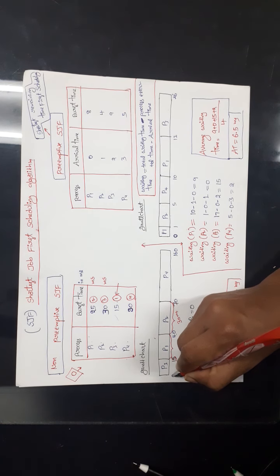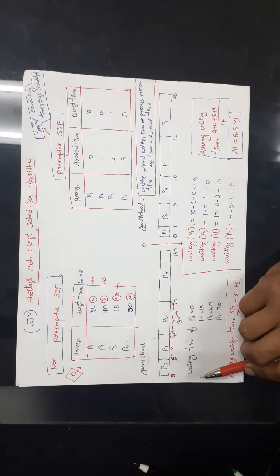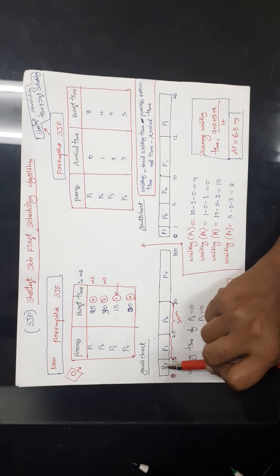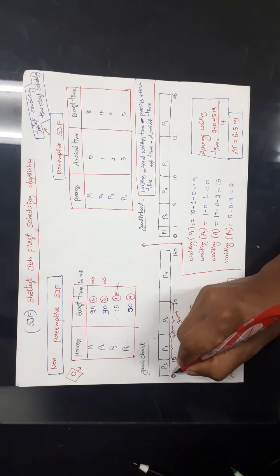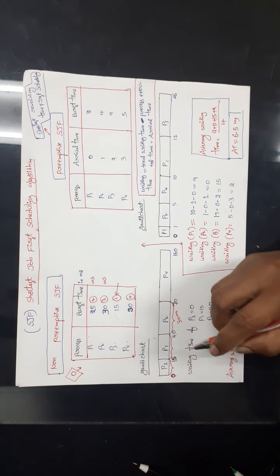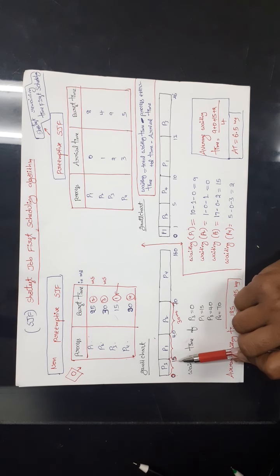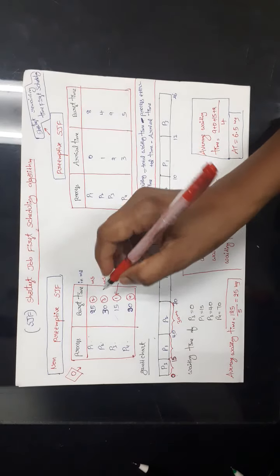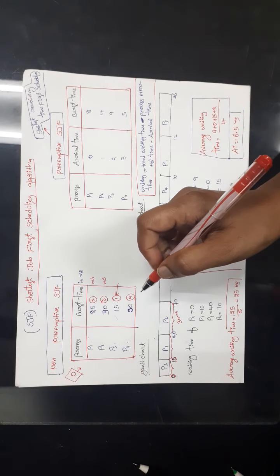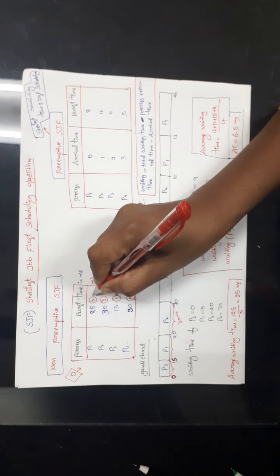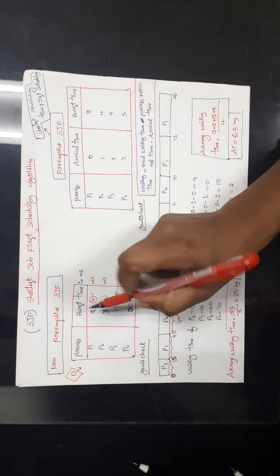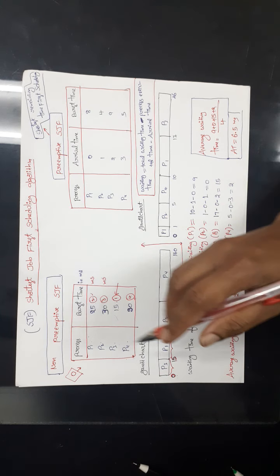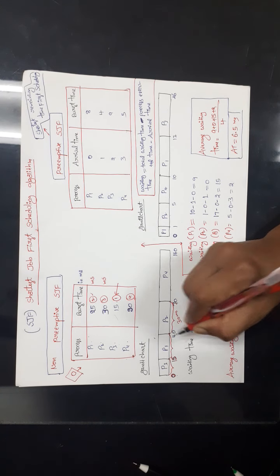All the processes have entered the queue at time 0, right? So at this time we will give the CPU to the process P3. We know that process P3's burst time is 15 milliseconds, so it will be executed for this time and release the CPU after finishing its execution. Now what is the next process which has the shortest burst? This one. So now P1 takes the CPU, executes for 25 milliseconds and releases the CPU at this moment.